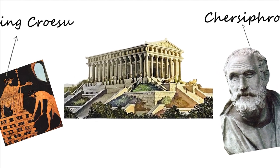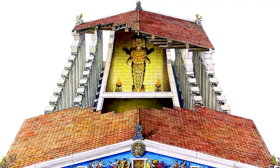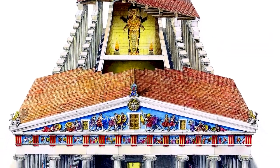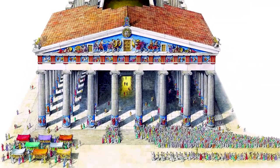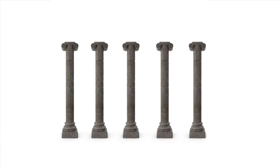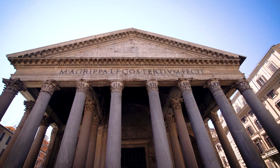From the outset, the temple was destined for greatness. It was built on a grand scale, measuring approximately 115 meters in length and 55 meters in width, with a height that soared to about 18 meters. The structure was surrounded by a veritable forest of 127 gleaming marble columns, each standing an impressive 18 meters tall. These columns were not merely functional, they were intricately carved with exquisite reliefs that depicted various scenes from mythology and